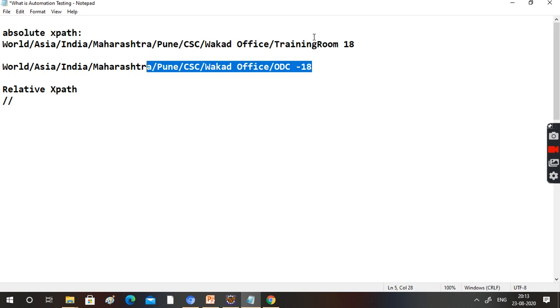The thing is, maybe right now you are located in this ODC 18. Suppose your project changes. Maybe next month you are getting released from the project. Then are you going to stay in ODC 18? You will go to ODC 16 or some other office also, Hinjewadi office, Hadapsar office. You will go anywhere. Again, that's a problem. Suppose you get an onsite and you are going somewhere in the US or UK, then you cannot use it. Then what is the best way to identify you?